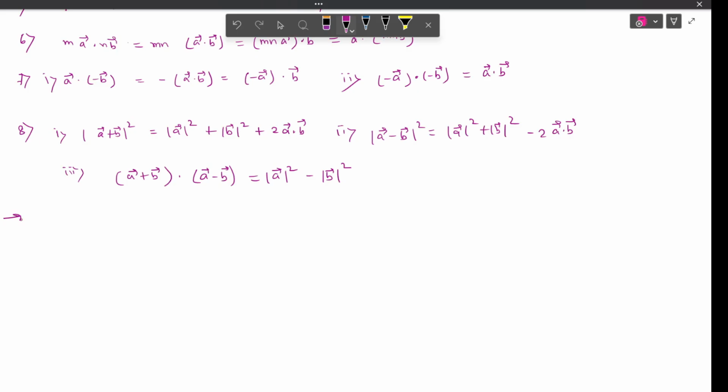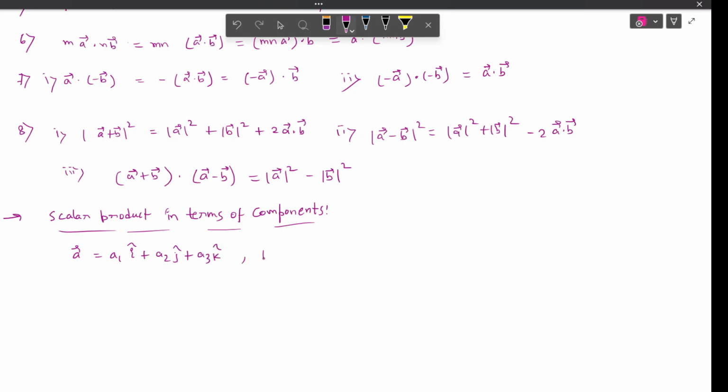Now, if we want to see scalar product in terms of components, let us say our a vector, in terms of component, is given as a1 i cap plus a2 j cap plus a3 k cap, and b vector is given as b1 i cap plus b2 j cap plus b3 k cap. Okay, then a dot b would be